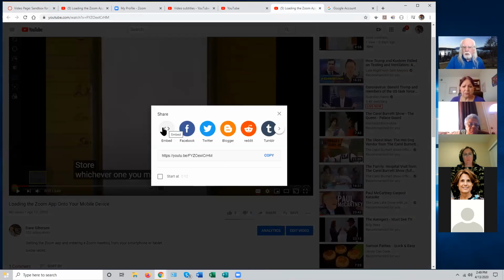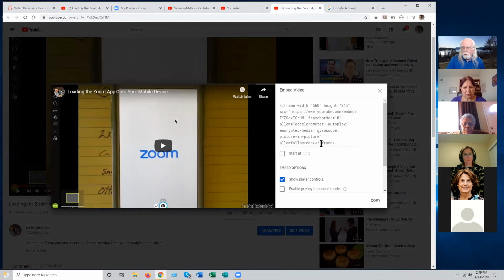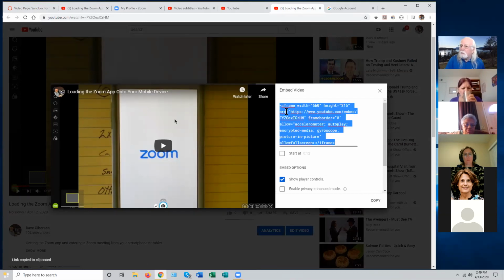And there's a link here labeled embed. And I just click that, and I get what's called an embed code. And at this point, of course, people's eyes start migrating over into one socket and things like that. This looks like programming code, and it is. It's HTML, hypertext markup language, but you don't have to worry about that. All you have to do is click this button down here marked copy, and what you need is copied